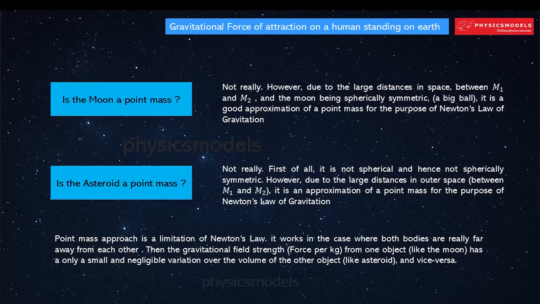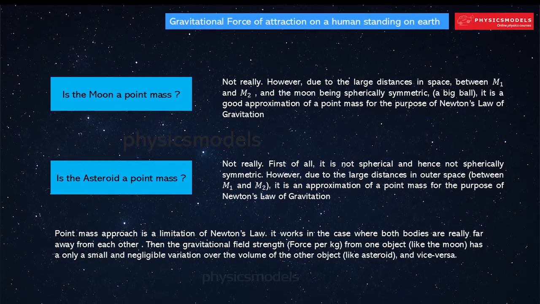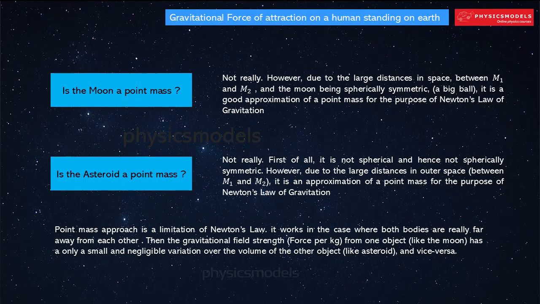The asteroid is a jagged piece of rock, and it's not a sphere and has no symmetry. Still, it can be considered as a point mass because it has a large distance from the moon's surface in